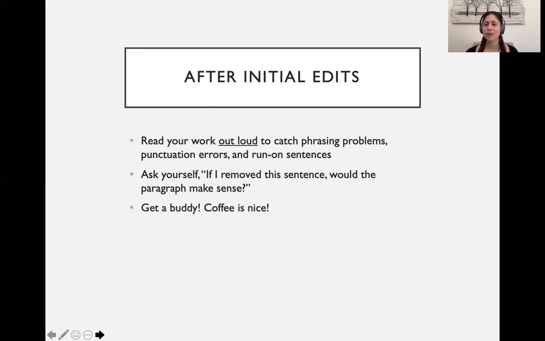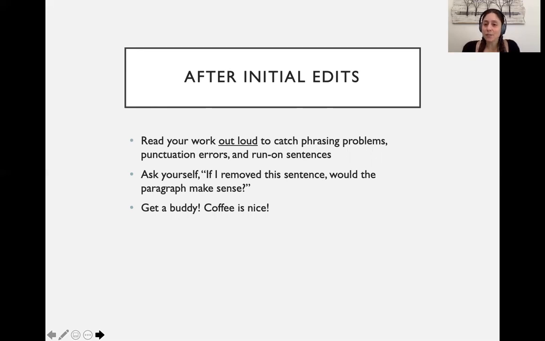If you're finding that things are getting wordy, ask yourself, if I remove this sentence, would the paragraph still make sense? If the answer is yes, get rid of it. Use Park to have someone look at your paper. They're there for you, the Writing Center at Park, and they're great and helpful, and they're trained, and they can teach you a lot more about writing than I can. So definitely use them. They're there. It's a free resource for you.